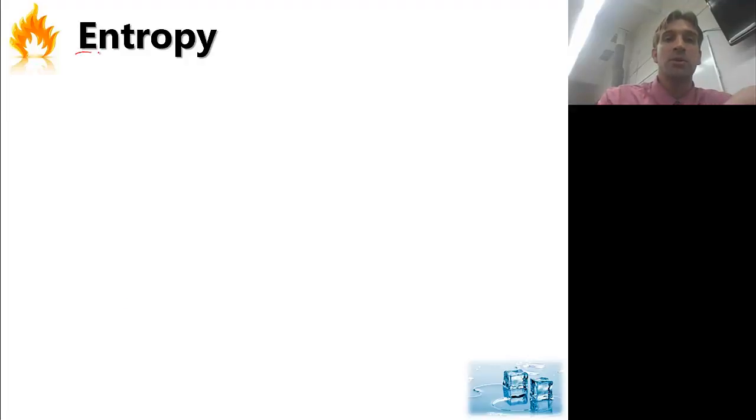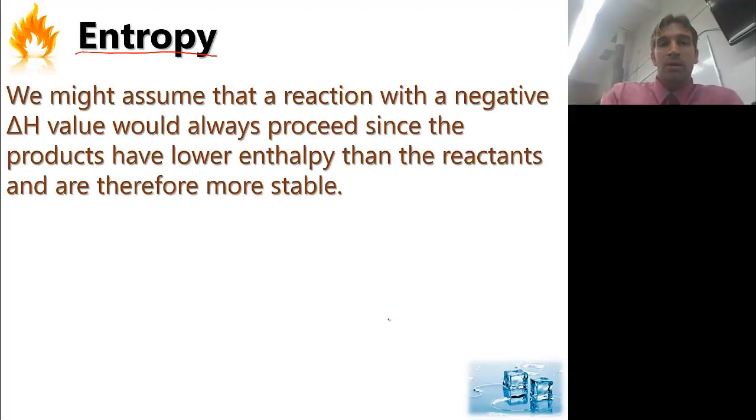So the term entropy refers to the disorder of a system. Enthalpy refers to the heat content of a system. Now, it might be safe for us to assume that if we have a system that is getting an energy benefit, if we're going from a higher energy position to a lower energy position, that would be favorable. We're becoming more stable. This is a discussion that really deals with our delta H, our enthalpy